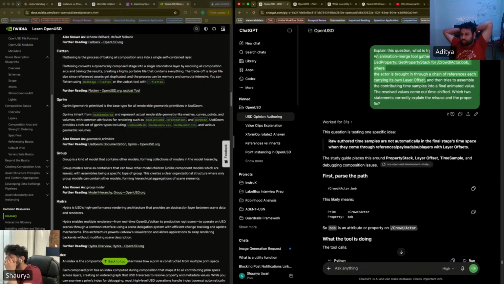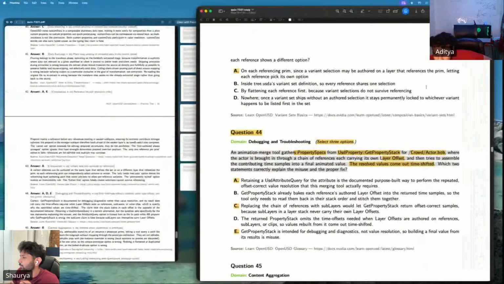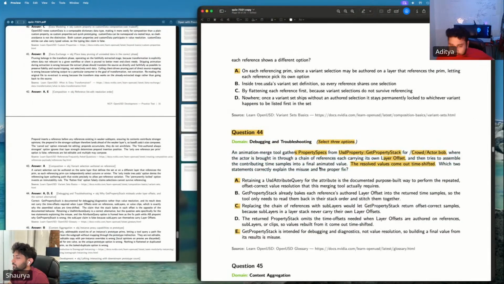Wait, it says which two, but the options were three. Like it says two, but the options were three. Hallucination on point.